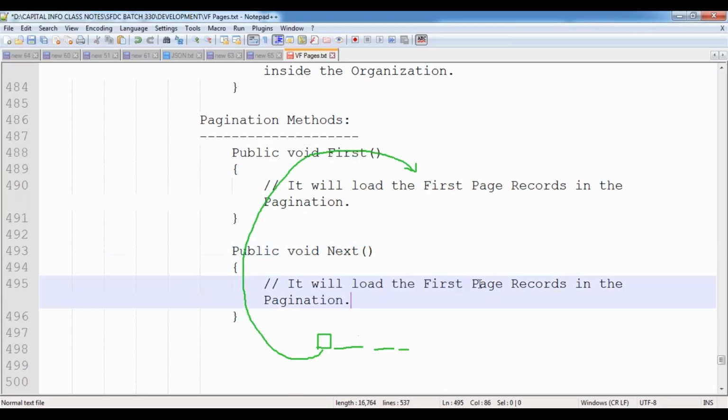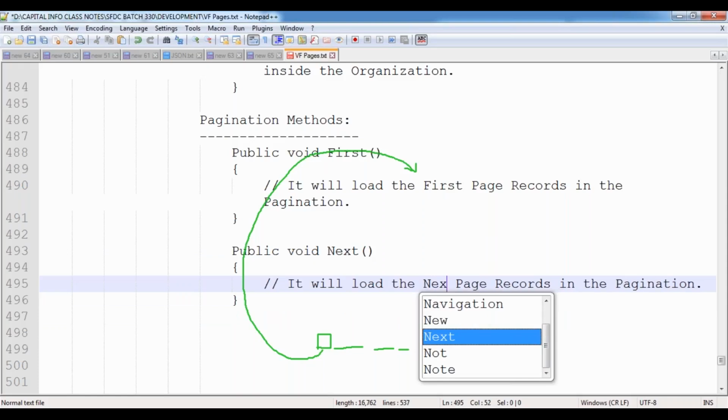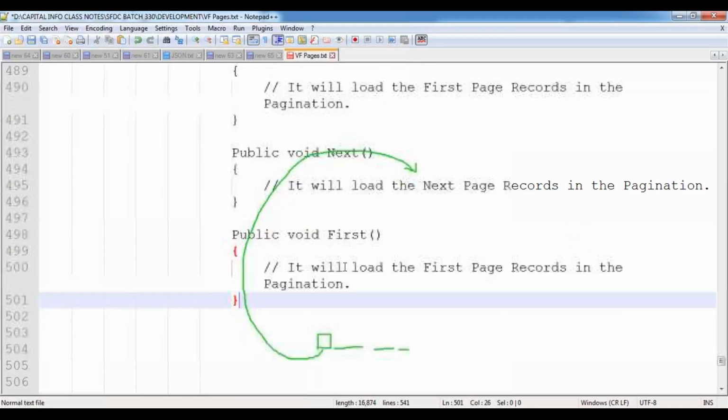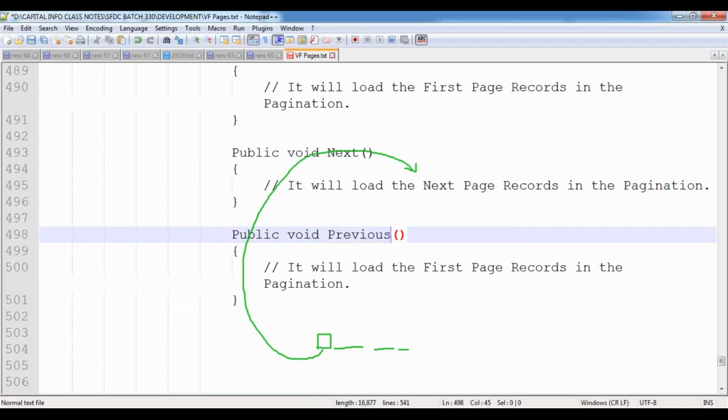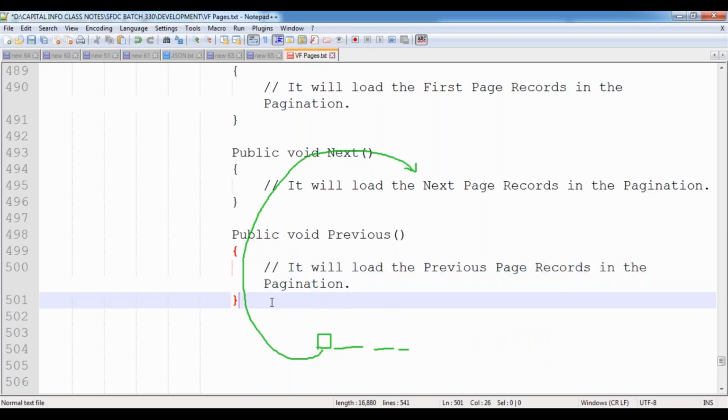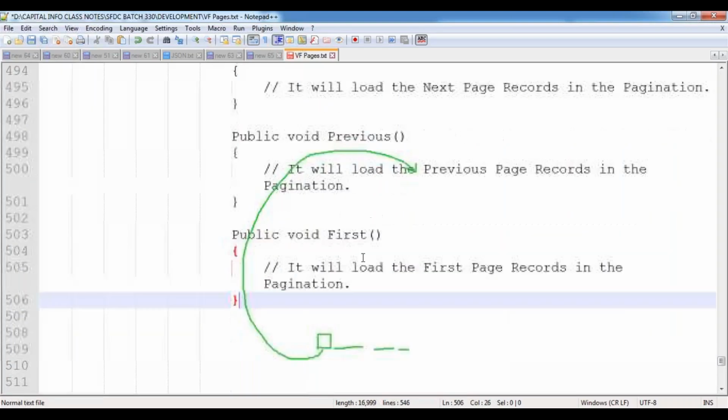Next, which will load the next page records. And then we have previous. It will load the previous page records. We have